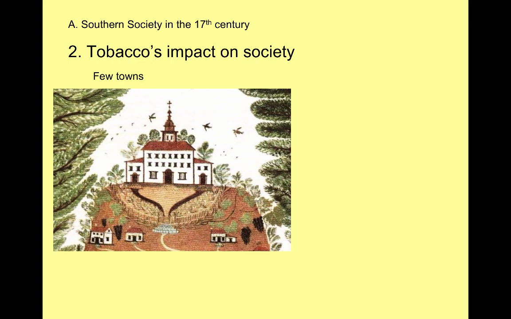The larger the plantation, the larger the farm, the more tobacco you get. And so we see that there are very few towns in the South. Everybody wants to go out, set up your farm as big as possible, and so that spreads people out. And so the South will have very few large-scale settlements. The ones that they do have will be on the coast and function as ports, but even those are fairly small. This will be in contrast, of course, to what we'll talk about up in New England.